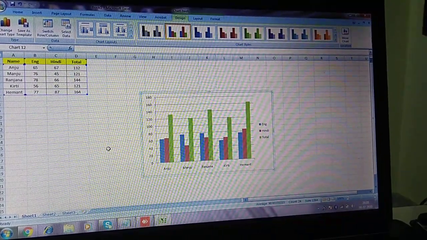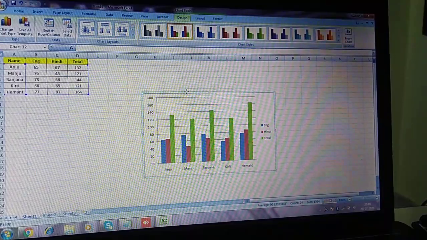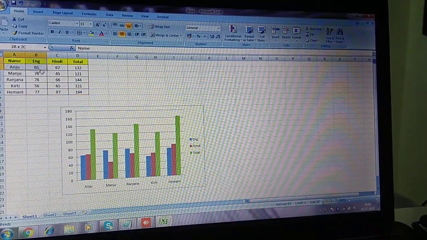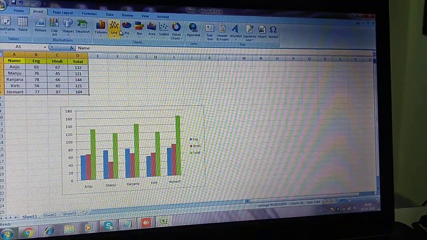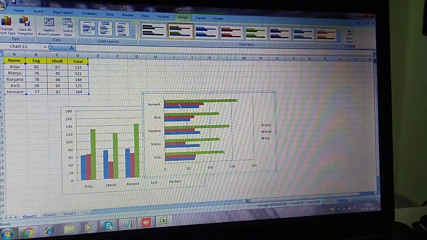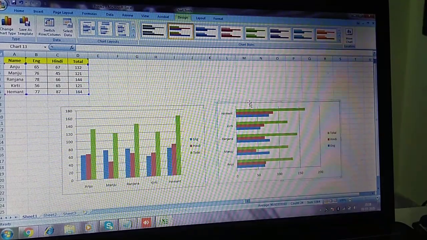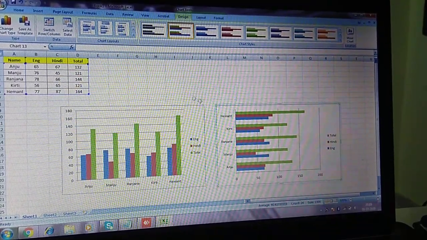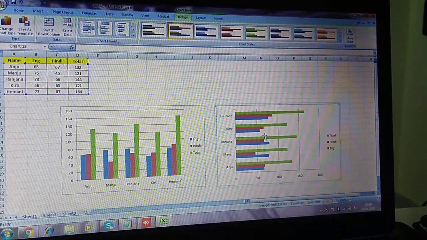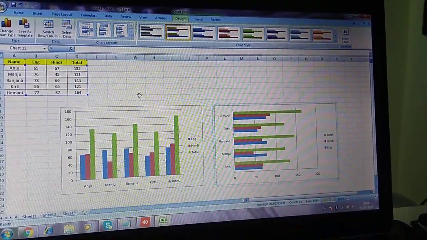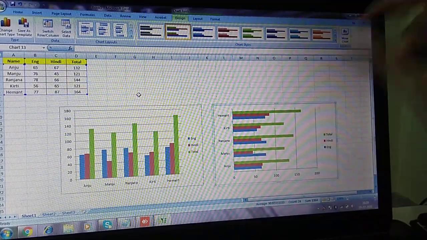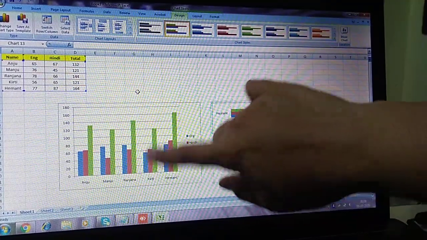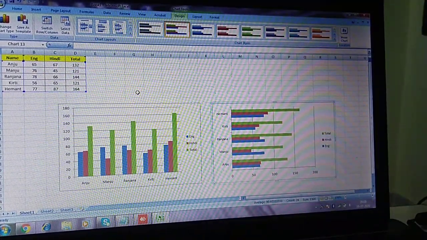Now see, one more thing we can do. This is the column chart, and again one thing we can do, insert tab, bar chart also we can. Now see the difference in both, I have inserted them on the same data. Now look, yes, this is the bar chart and this is the column chart. Here your data is presented in a horizontal way and in this column chart your data is presented in vertical form, right?